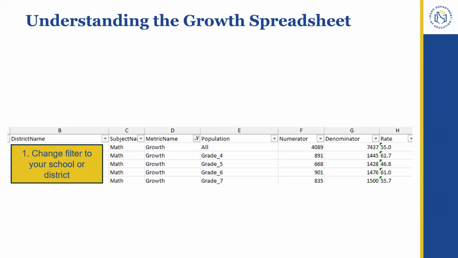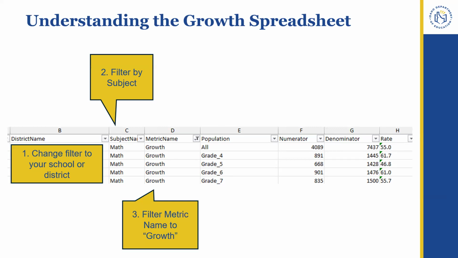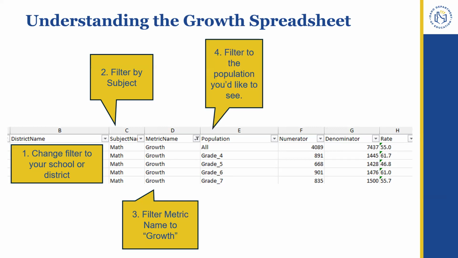Here's a quick tour of the spreadsheet that you can download. First, you can choose the tab State, District, or School, and then filter to your specific school or district. You can then filter by subject if you'd like. Then, change the metric name to Growth and filter to the population that you would like to see.